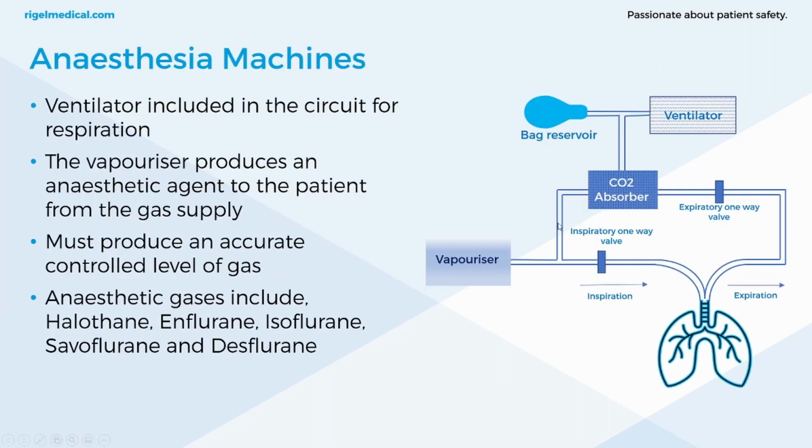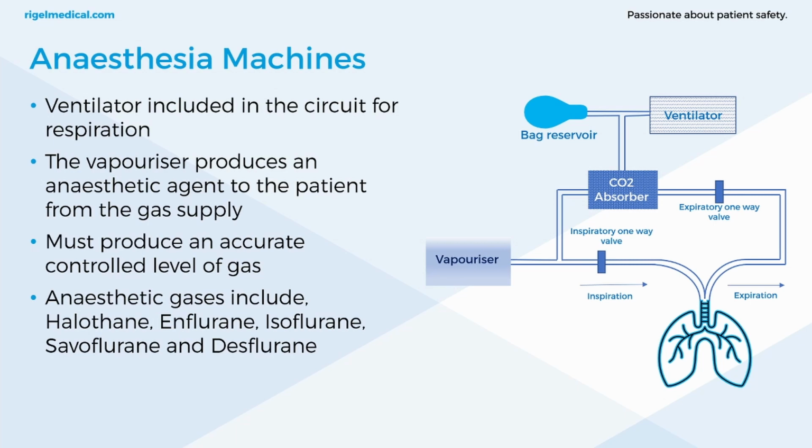Okay, so this is a very simplified circuit for an anesthesia machine, but it will provide an overview into how machines work. Okay, so a ventilator is included in the circuit for respiration. There's a vaporizer, and this produces an anesthetic agent to the patient from the supplied gas. Now, it works by producing an agent from liquid. So you've got agents that are within the vaporizer, and they're mixed with the gas supply, the input gas supply that's